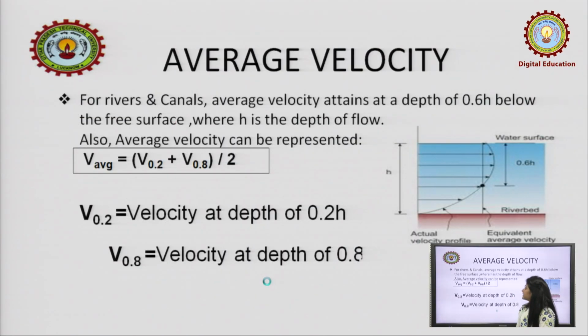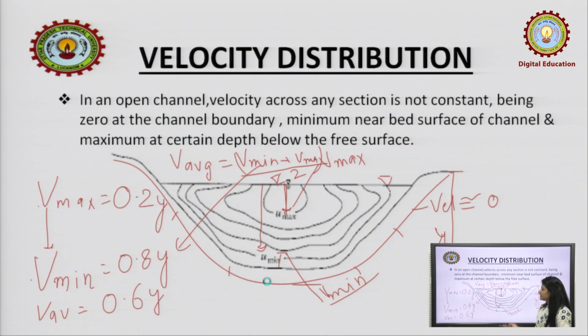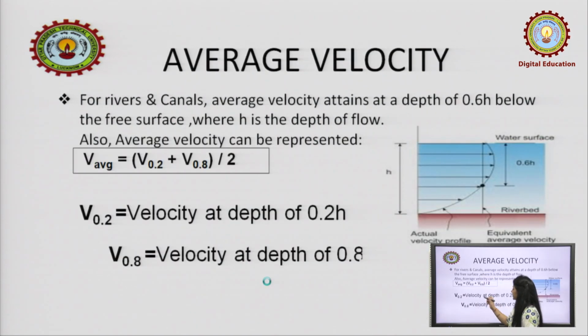Now, we can see that the calculation of average velocity is similar to what we have done in the previous one. Here we have studied a general cross section of any channel having depth y. We have studied that average velocity can be calculated with the help of V max and V minimum. The average of both will give the average velocity of the channel,